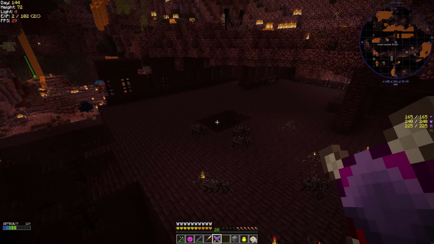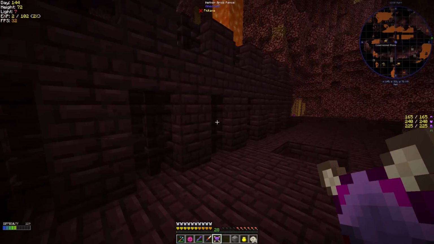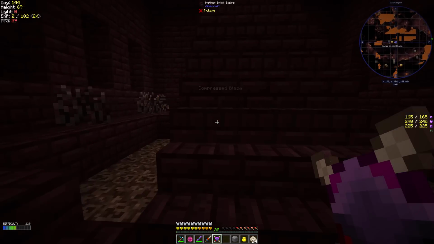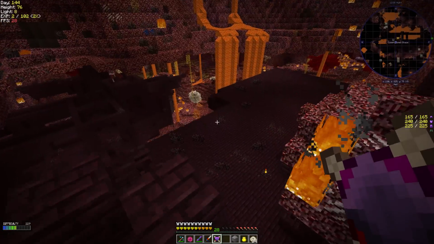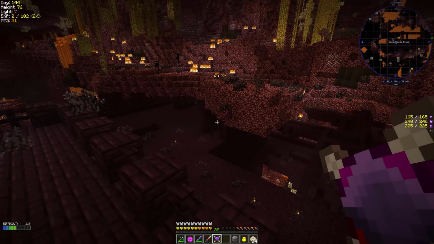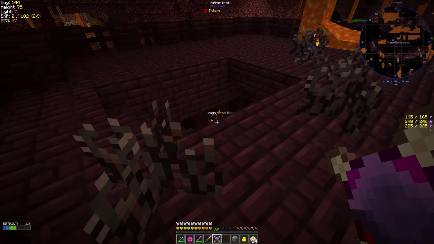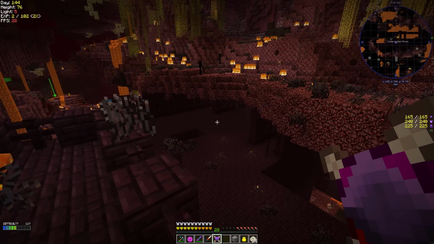I opened this way up when I was doing the wither skeletons farming because I had to get 8 of them to get those helms. Let's just drop down in here. Maybe we'll find... There's a compressed blaze. No, thank you. Don't really want to fight you. Huh. There's nothing really out here. Yeah, I think my...